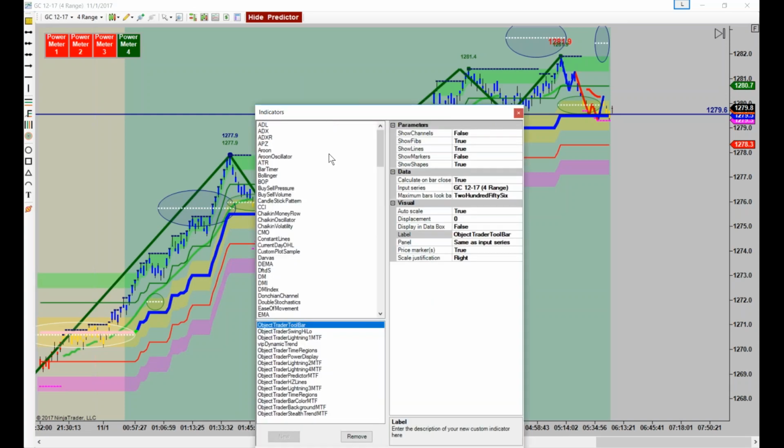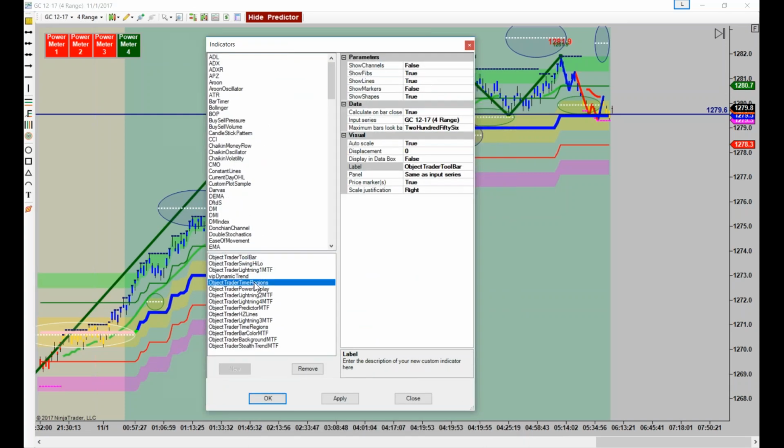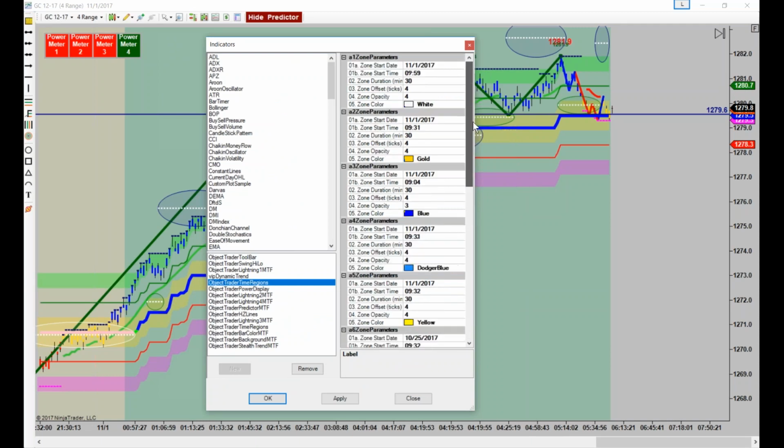Right click and go to indicators. You have one called time regions. And since I'm in Oklahoma, my time region is going to be set on Central Time. Okay, but if you're in California, you'd have this same one set at 5:59 because you're Pacific time instead. Okay, so what I do each morning is I just simply go back on this little indicator right here